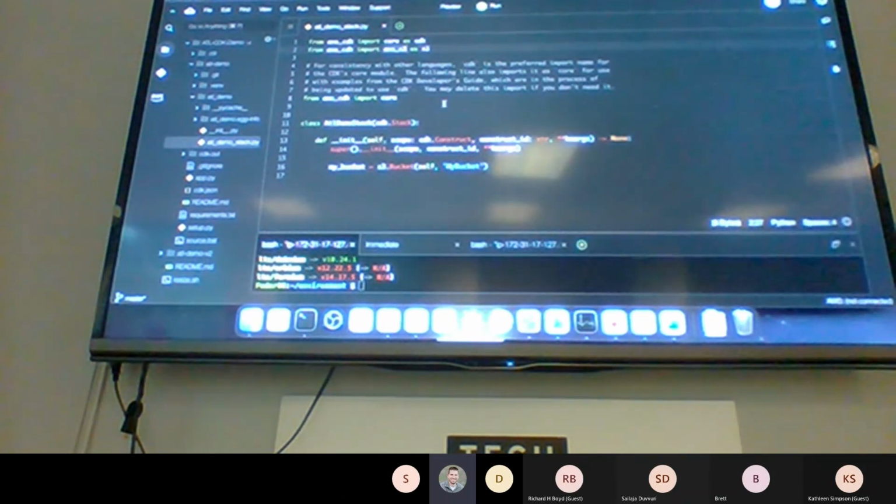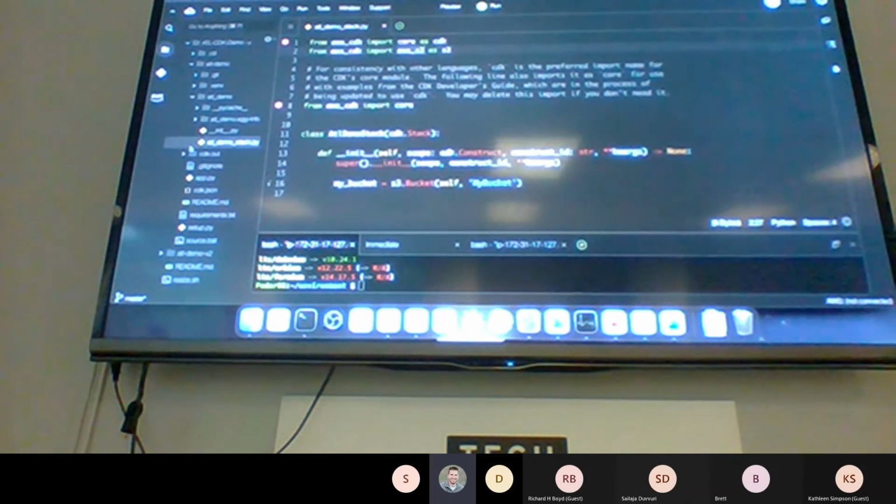a bit difficult. So when you run CDK init, you get this scaffolded application. Ignore the red build things off to the side. It's because I was using a Python virtual environment and I haven't pulled those back in yet. So this is the demo stack that's created, and it's just creating an S3 bucket.